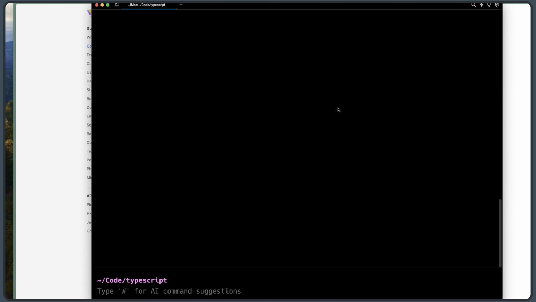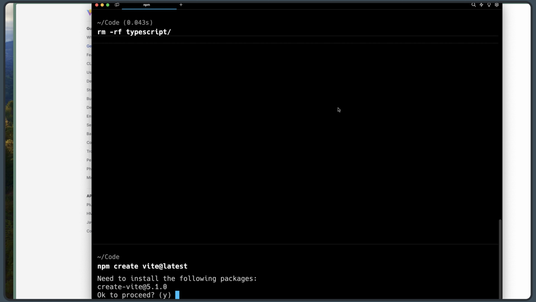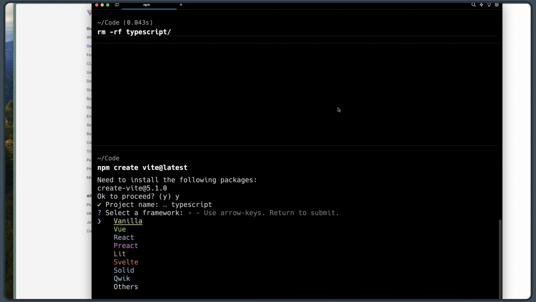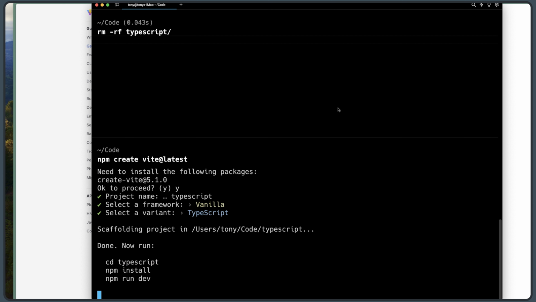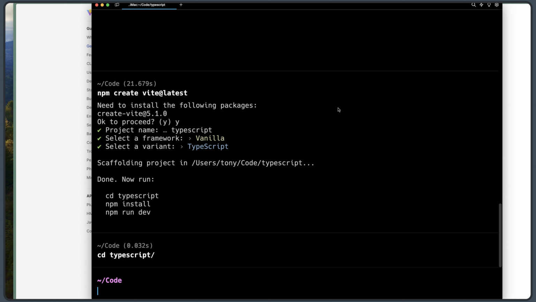Okay, we are in the TypeScript directory, but I'm going to go back and remove this TypeScript directory. Good. Now I'm going to paste this npm create vite@latest. I'm going to say yes, and I'm going to say TypeScript here. Hit enter, and I want vanilla. Hit enter, and I want TypeScript, yes. Okay, now cd to TypeScript and run npm install